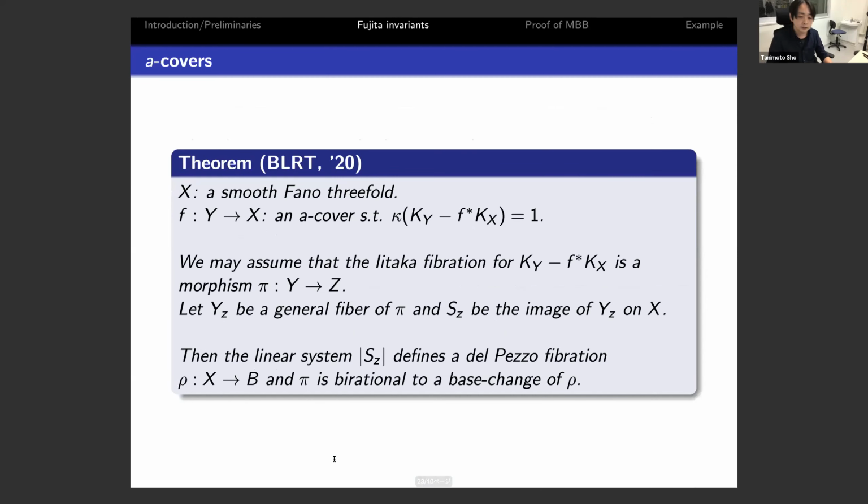Now, what about Iitaka dimension 1? Suppose we have a cover whose Iitaka dimension is equal to 1. Again, I'm assuming that after resolution, the Iitaka fibration is a morphism. Let Y_z be the general fiber of pi and S_z be the image of Y_z. These are fibers. Then the linear system of S_z defines the Del Pezzo fibration. In particular, this cover is again